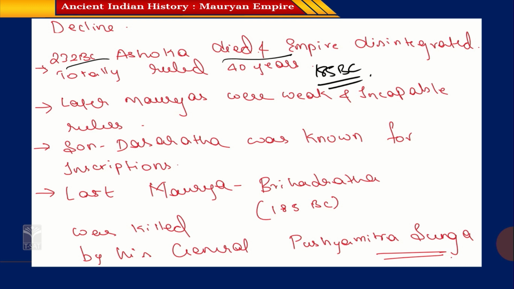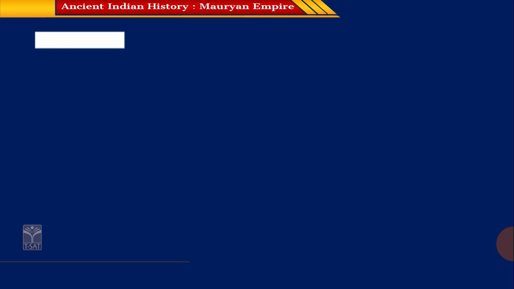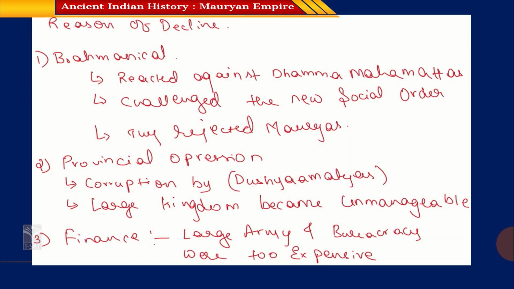Ashoka's descendants, including Dasharatha, were also known for their inscriptions, but nothing really big. The last known Maurya is Brihadratha, who was eventually killed by his general Pushyamitra Shunga, who also happened to be a Brahmanical. Main causes for the decline of the Mauryan state: Brahmanical reaction, reaction against Dhamma Mahamattas, because they were